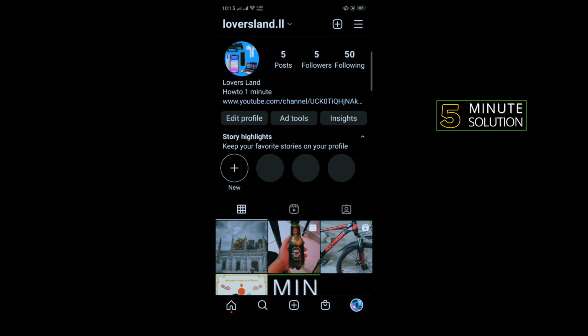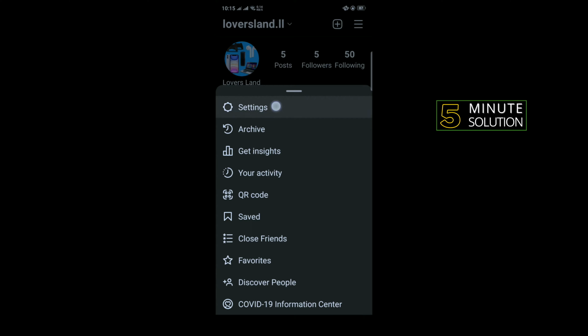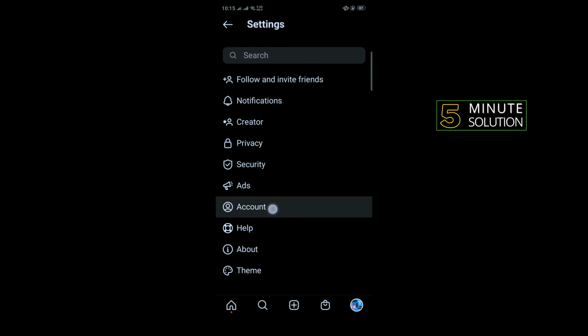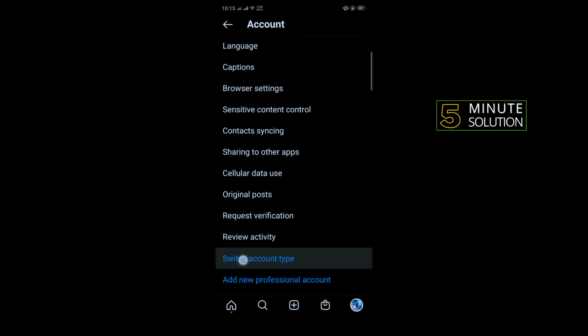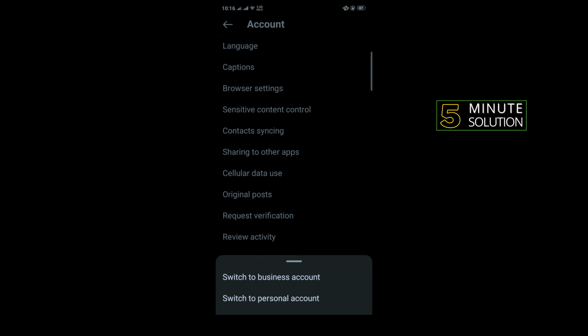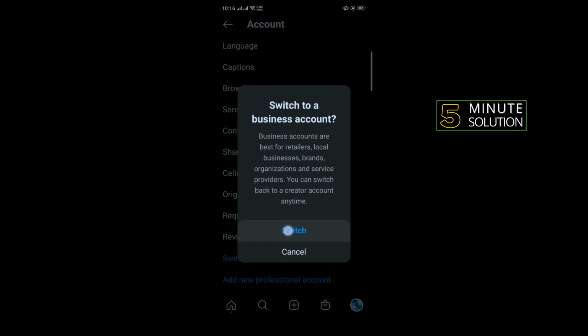So first of all, open your Instagram and open your profile and tap on this three line icon to the right hand corner of the screen, and tap on settings, tap on account, scroll down and tap on switch account type, and here you will need to tap on switch to business account and tap on switch,